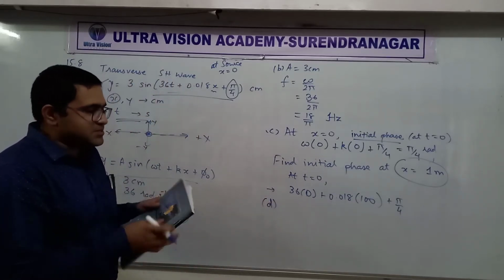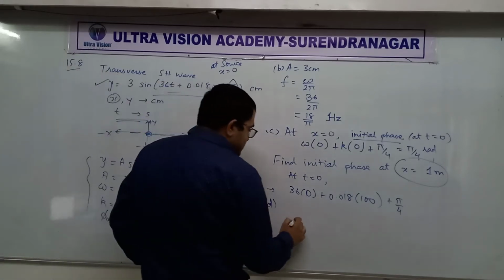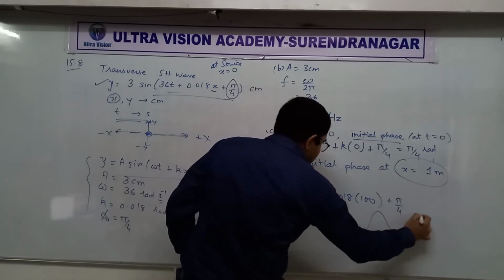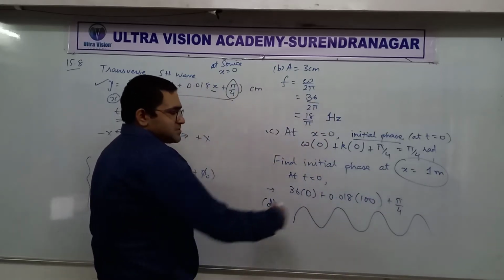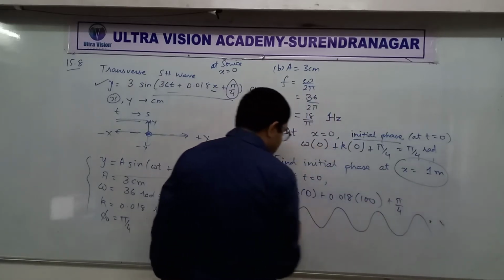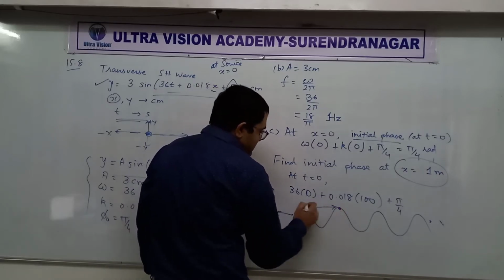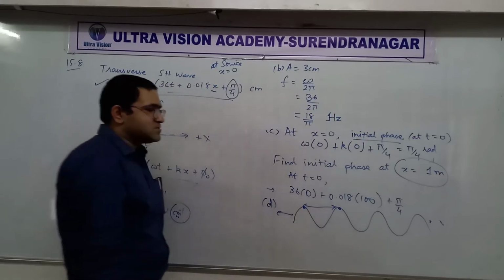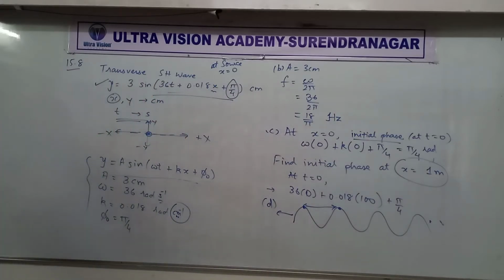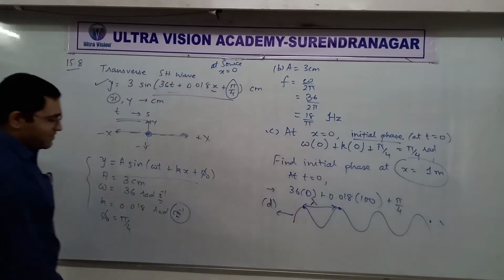What is the least distance? Least means minimum distance between two successive crests. Let's say like this. This is the wave pattern which is traveling, suppose, towards actually it's traveling towards the left side, but anyways. So distance between two successive or consecutive crests is called, what's this distance called? Wavelength. Very good. So part D is asking you to find wavelength.